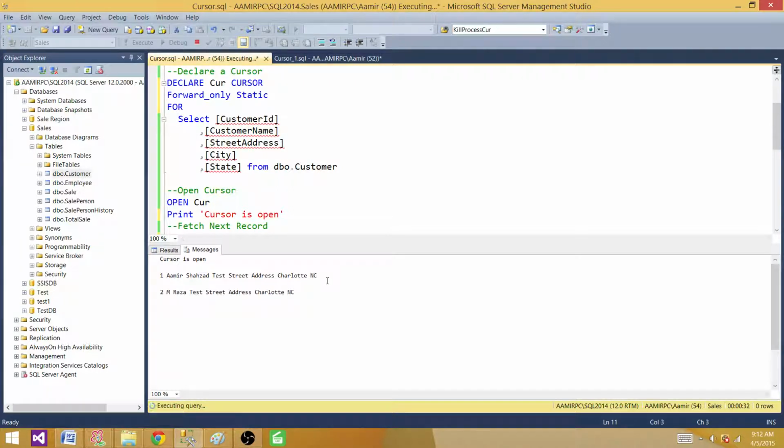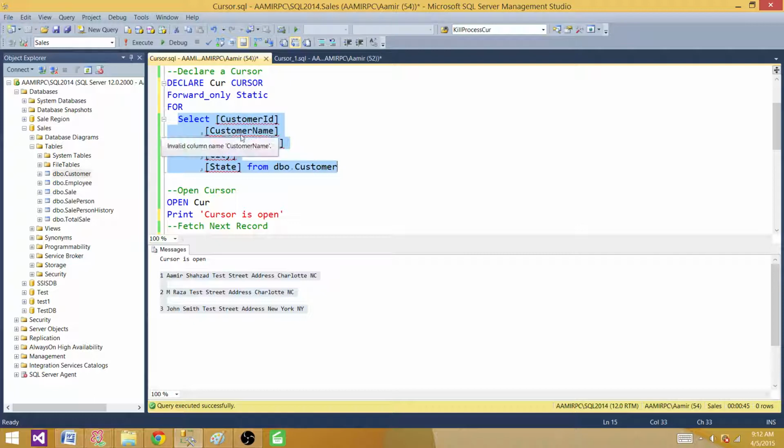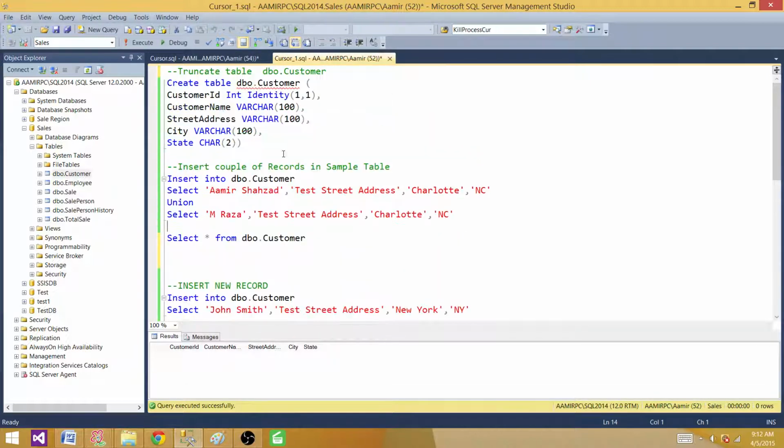It opened it, so records are saved in the memory, and now it doesn't care what happened in the base table, so we can delete, update, insert. It's not gonna go back and take a look. It will be just using the temporary results. It's saved in temp db. You can see that table doesn't have these records, but cursor did print, because at the time of declaration the cursor was this select was returning 3 records, so those were saved in the memory, and that result set was used.